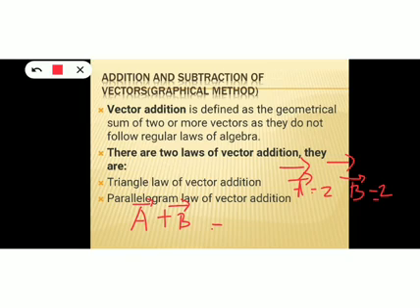So what will be A plus B? A plus B will be equal to another vector whose magnitude will be equal to the sum of the magnitudes of A and B. So 2 plus 2 will be 4. Its magnitude will be 4 and both will be in the same direction. So the resultant vector will be along the same direction as A and B, because both are along the same direction.